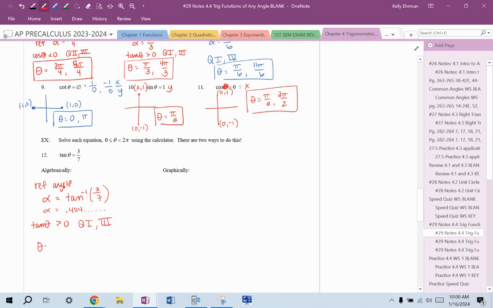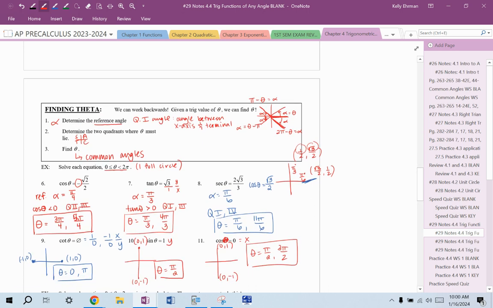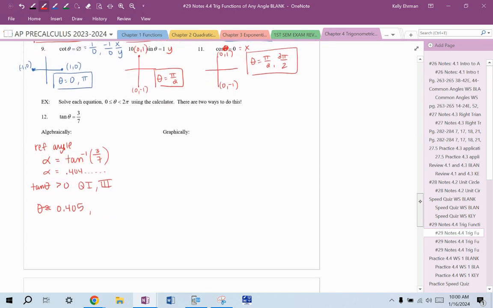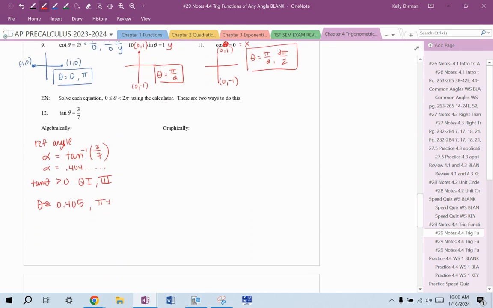Okay, how do we find theta? So in quadrant 1, theta equals alpha, which is 0.405. So I'll round it now. And then in quadrant 3, remember back here, to get theta, you can say, well, alpha is 0.40 whatever. So to figure out theta all the way around, that's pi plus that little alpha. So pi plus alpha is about equal to,